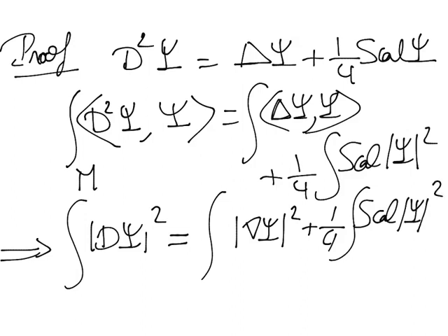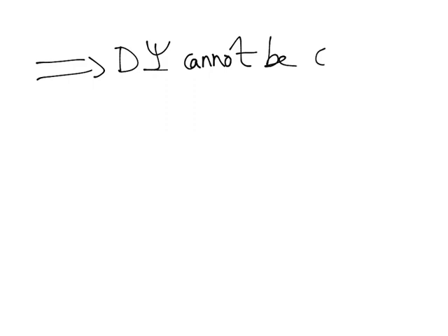And of course this quantity here is positive or 0, it's non-negative if you want, and this quantity here is strictly positive. It means D psi cannot be 0